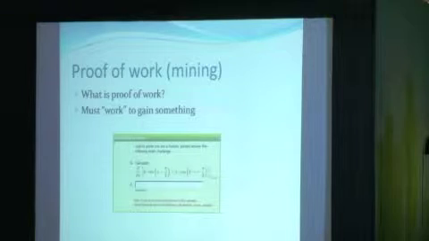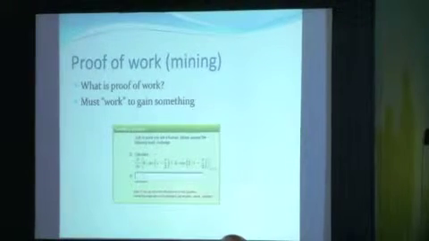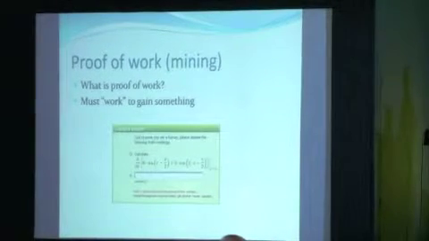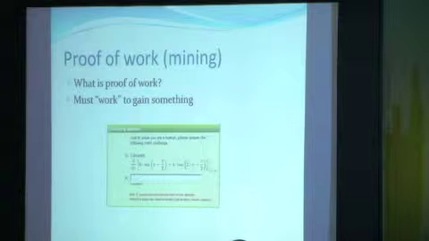So those are the two things that make Bitcoin work. The third thing is called proof of work, or mining is a fancy term for that. So what exactly is a proof of work? What it means is that to gain something, you must do some work. So here, for example, it's a CAPTCHA that some website has. To get into the website, you have to solve this CAPTCHA, which gives you a hard maths problem to solve. And once you give the right answer, then it will let you into the site. That's a lot of hard work for a human. So this is a proof of work system for a human.